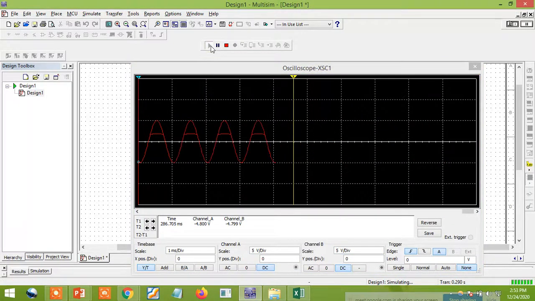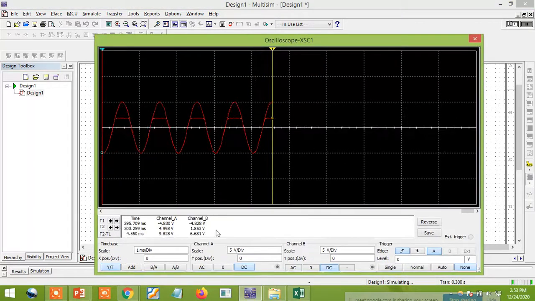I just play, and I'm going to stop. Now you can see 0 to 1 box it is coming completely 5 volts. Negative also it is 5 volts. So now you can analyze the waveform easily. I'll get. So here it is. Just click on this waveform.